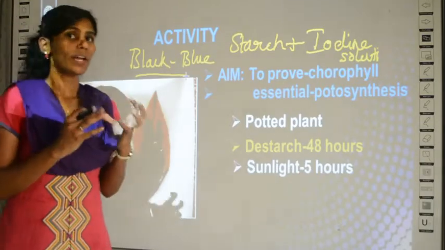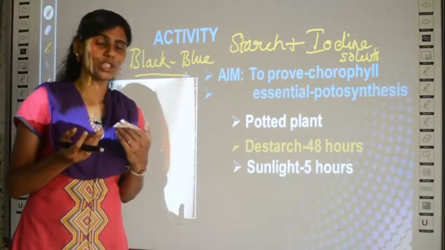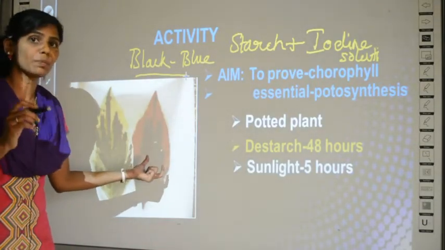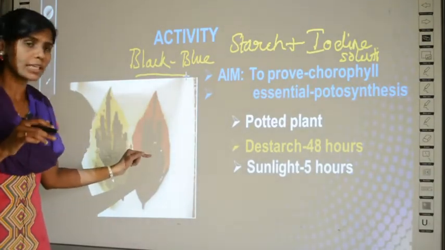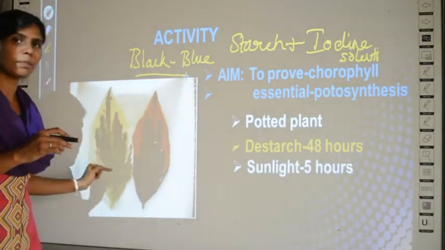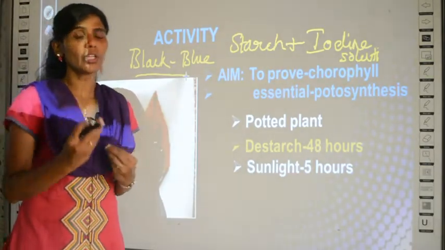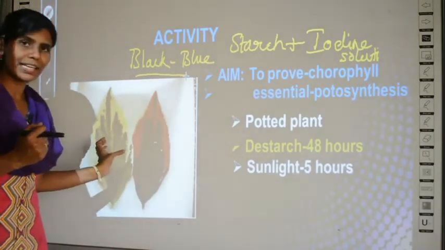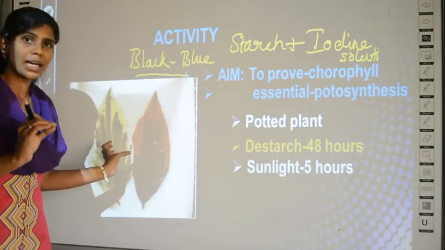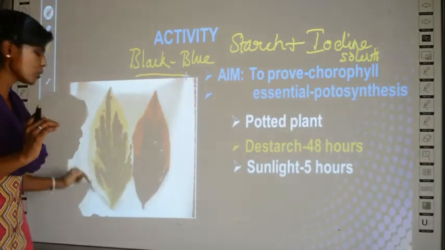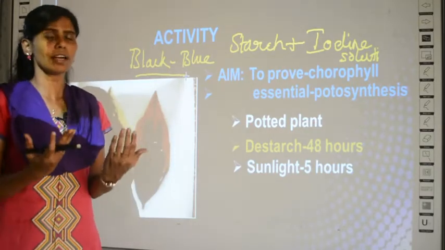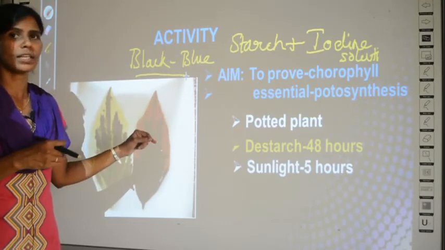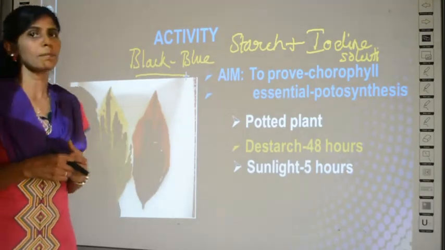So I told you, whenever there is starch and iodine combination, you will get the blue black color. Here this portion is blue black, which means this portion has starch, which indirectly means that only the green portion has the ability to undergo photosynthesis and make starch. So whichever portion of the leaf is green will make starch by photosynthesis, and these portions cannot make starch or undergo photosynthesis. That's why it is not blue black, it is red or brown, the color of the iodine solution. So this experiment proves to us that